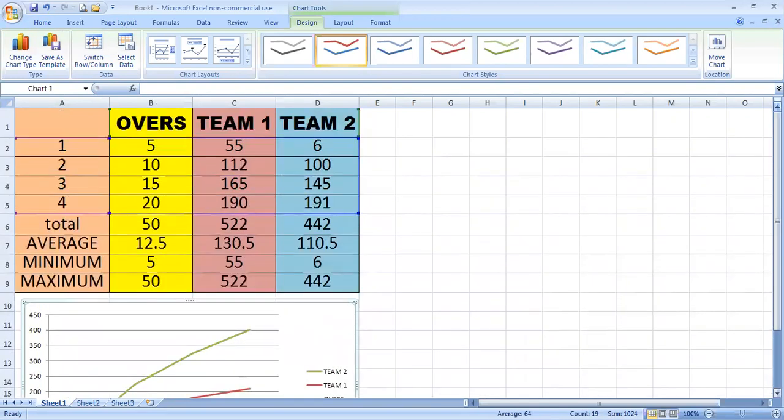Now what we have learned in today's activity: we have changed the background colors. We have done the formatting of the tables by changing the font size and style. Next, we have applied the formulas of total, sum, average, minimum, maximum, and we have applied the bar chart. Similarly, the line chart. Similarly, you can insert any other chart, whatever you want.